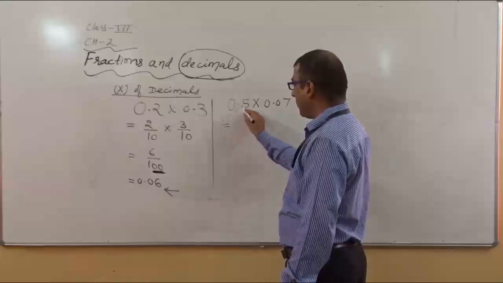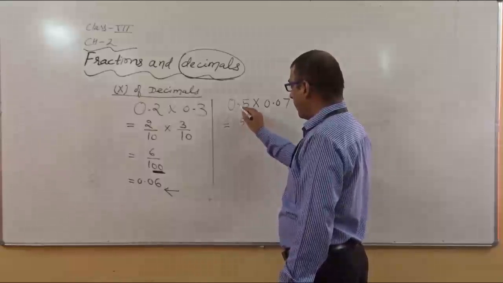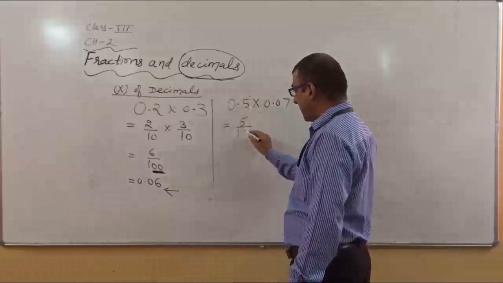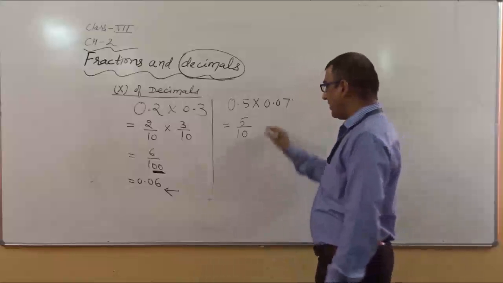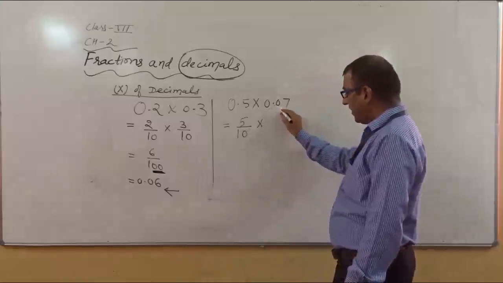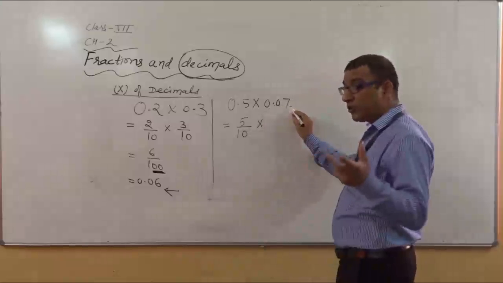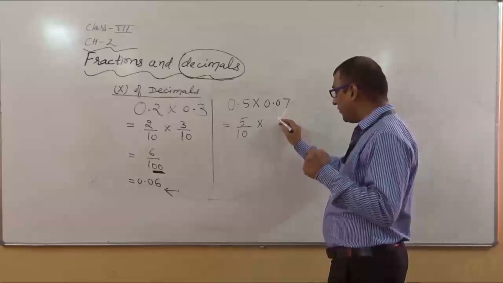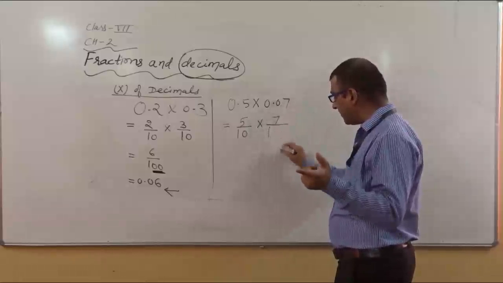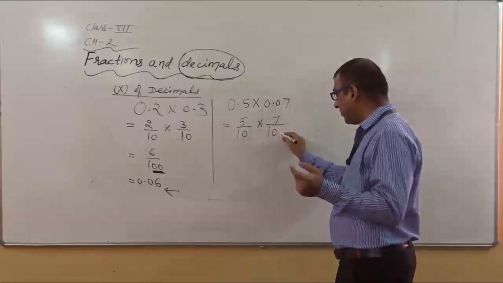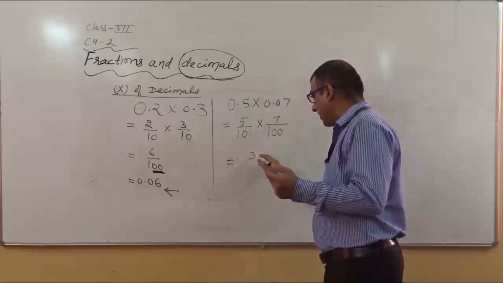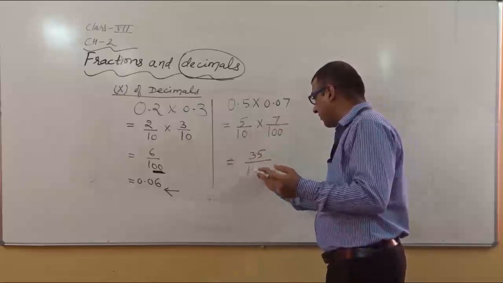First we will remove the decimal of this number, so it becomes 5. When you remove the decimal, on the opposite side you will write 1, and just after this decimal only one digit is there, that's why you write only one 0. Then 0.07. So if you see just after the decimal there are 2 digits. It means 2 zeros will lie in the denominator. So how can we remove it? First we will write down 7. When you remove the decimal, it means 1 will come on the opposite side and only 2 digits are given, so we write 2 zeros. Then again we will multiply 5 with 7, it becomes 35, and 10 with 100, it becomes 1000.